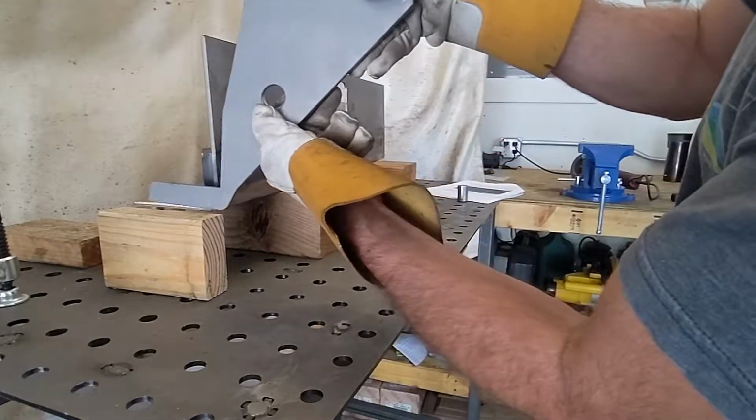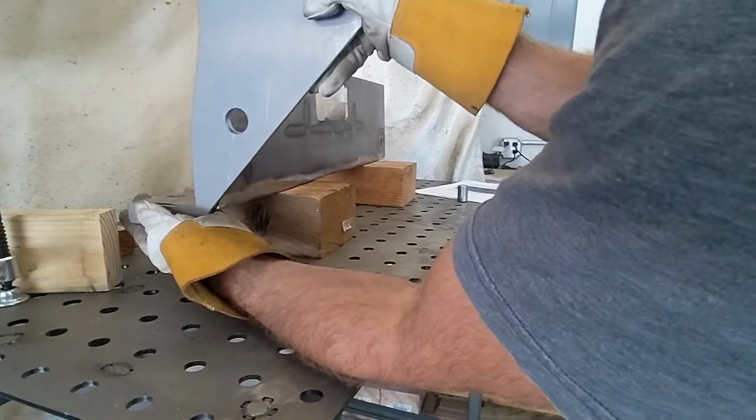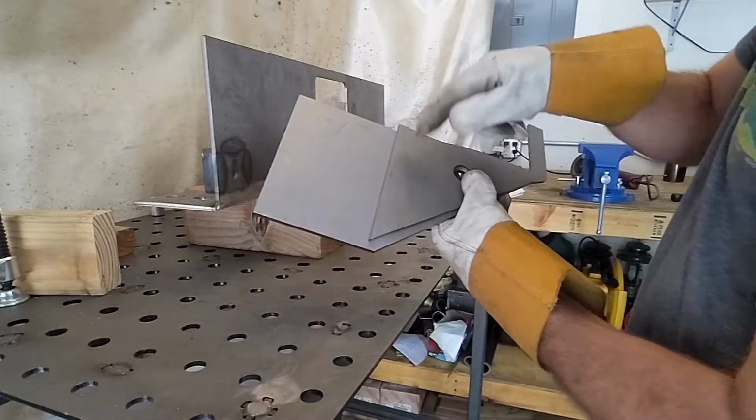And this whole piece sits along this side, like so, almost. It drops down below, so it'll sit kind of like that. And the winch plate sits on top of this guy. So